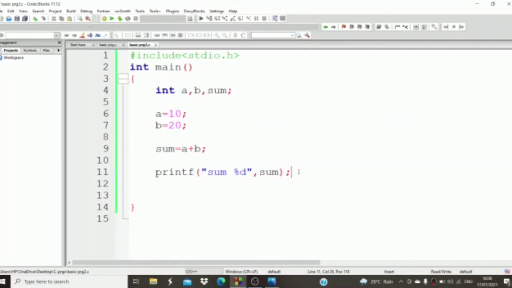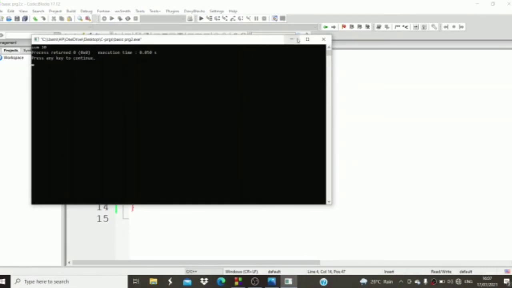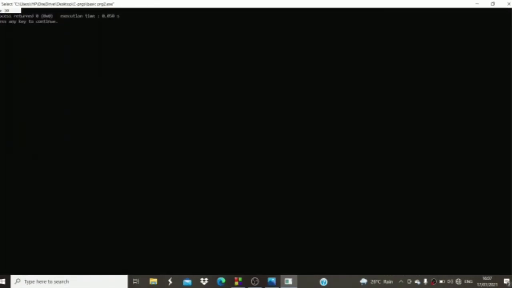Then write sum here, followed by a semicolon, right? This is our program. If I write a capital S here and a small s there, we will get an error. Let us see that error. Here I wrote it with a capital and a small letter; this is wrong. We have to write either only capital or only small letters. Let us build it. No error. So our program is right. Let us run this program. We got 30 as the result, the output.